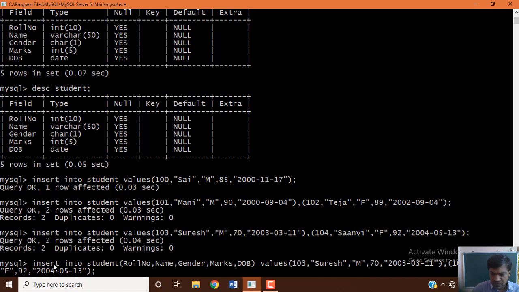Okay, first record values 4, now 5. Okay, gender. Then when you want to insert a null value directly, you need to give a null value. Date of birth also, you can insert a null value.